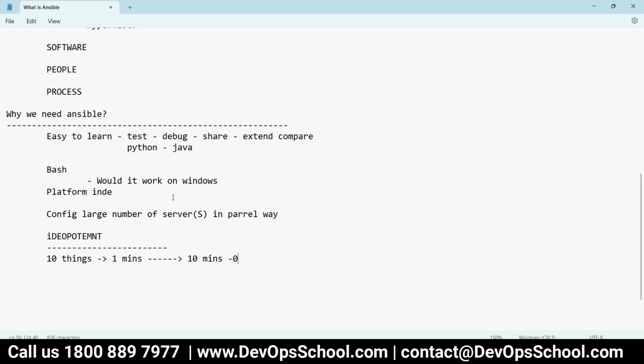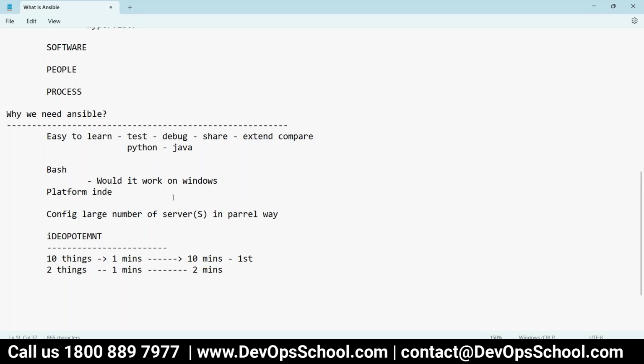Now, if the tool has idempotency enabled, what will happen? Next time, in the next run, let's say only two changes are there out of 10, that means only two changes are to be done, not everything. So it will take only 2 minutes, right? It takes 1 minute for each step, so overall 2 minutes. That is how idempotency works.